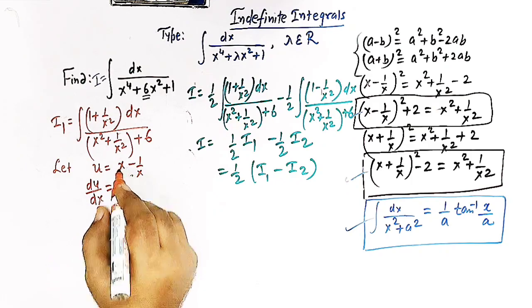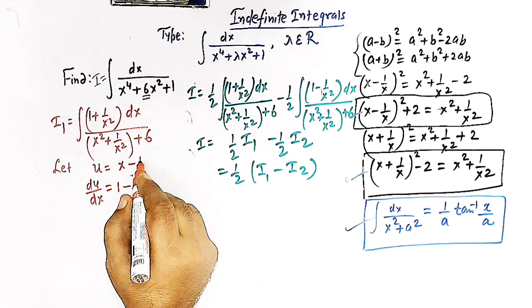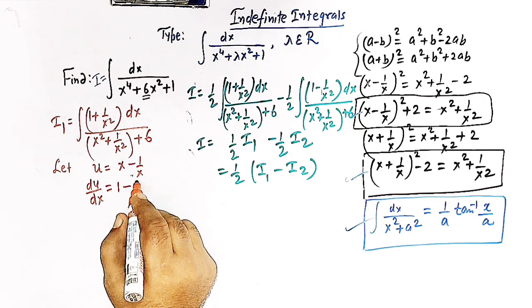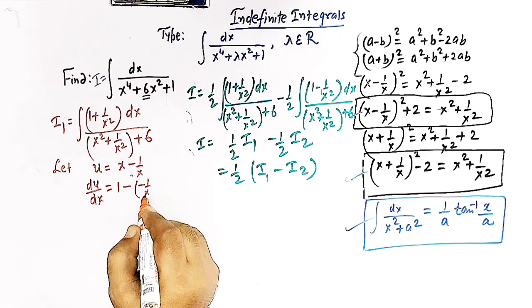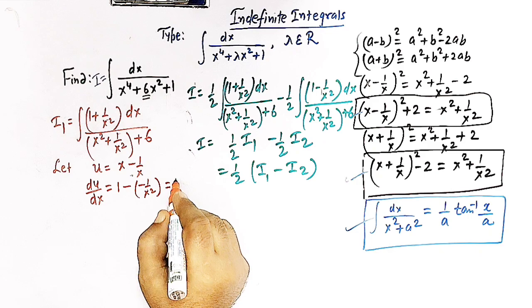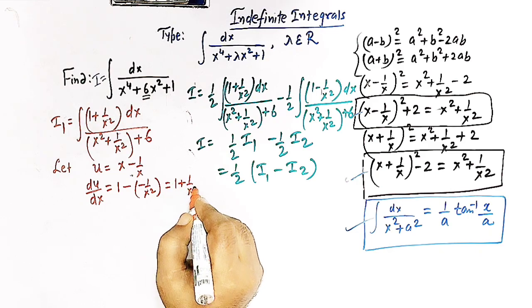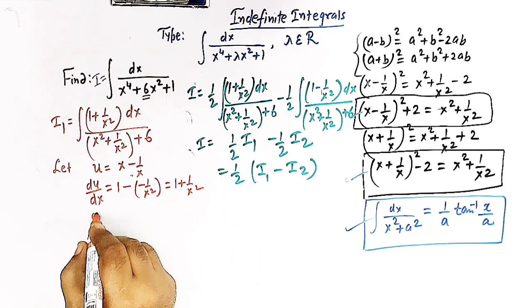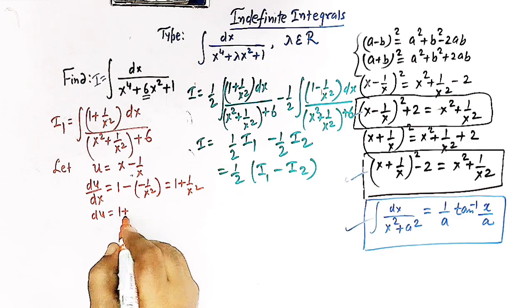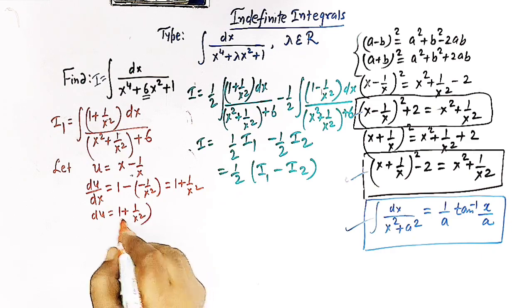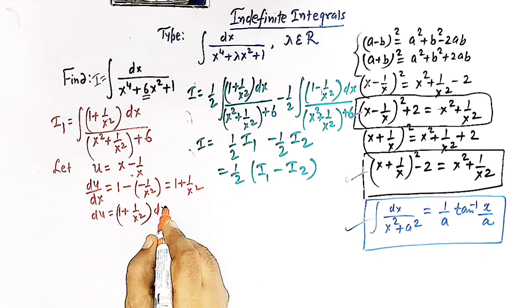The derivative of x is 1, and the derivative of 1/x is −1/x², that is 1 + 1/x², right? So du is now equal to (1 + 1/x²) dx,